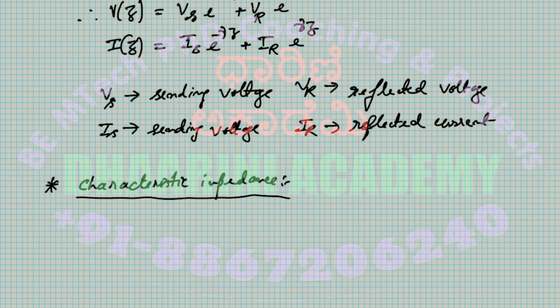So first let me write, then let's discuss further. The characteristic impedance Z naught of a transmission line is defined as, and the other definition we wrote is also right. You can use any one of them if a question is asked about a different definition. It is defined as the impedance